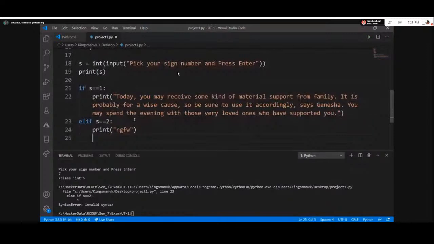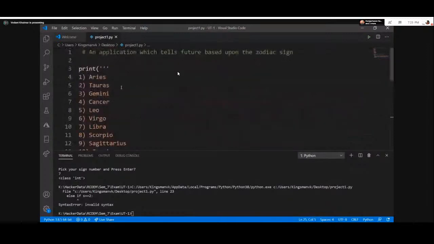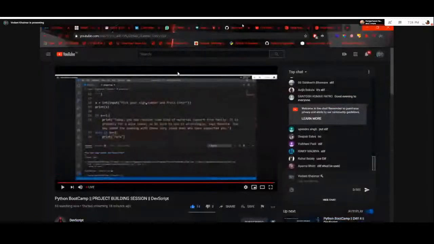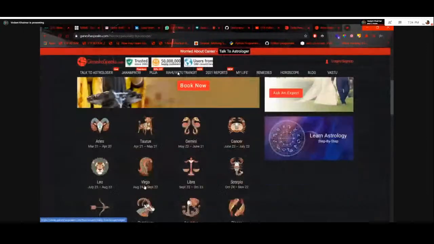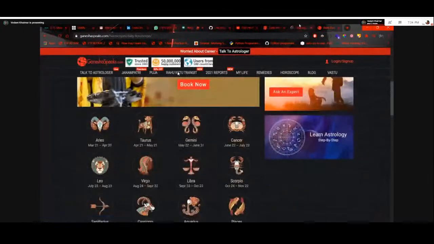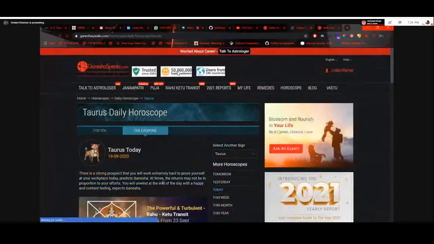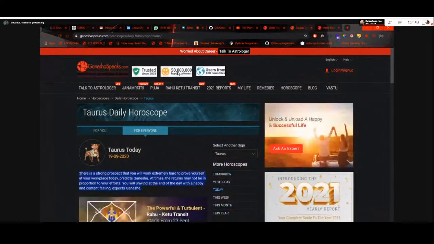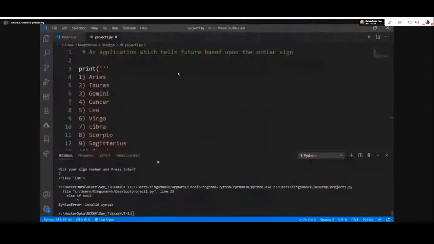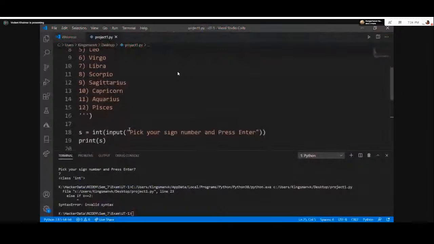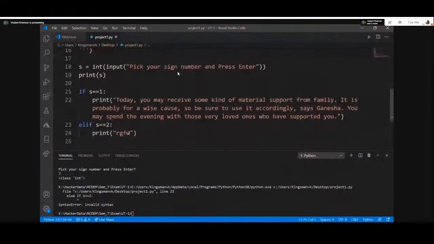Now, if s equals 2, s equals 2 goes with Taurus. So we'll go again to the horoscopes. Let's see. Strong prospect that will be extremely hard to prove yourself. Okay, I don't promote that site. Okay, I have just taken it randomly. Okay, yeah,